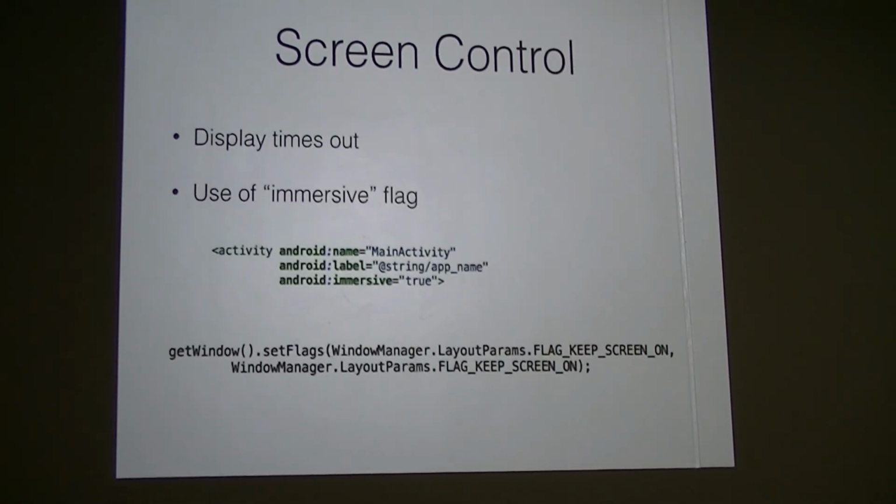Another way of going around this is to use the immersive flag. So in your activity, which shows, in my case, the first demo you saw, the chords app, the chord position is showing on the screen, and I can say that that activity is an immersive activity. When we specify that an activity is immersive, no other activities or notifications are allowed to disturb it, so it remains in the front.